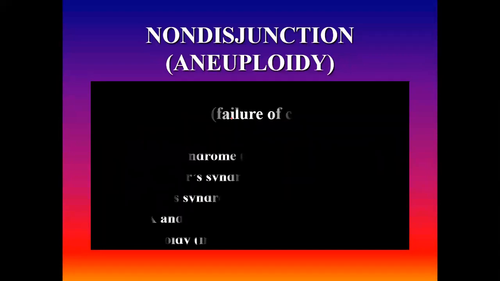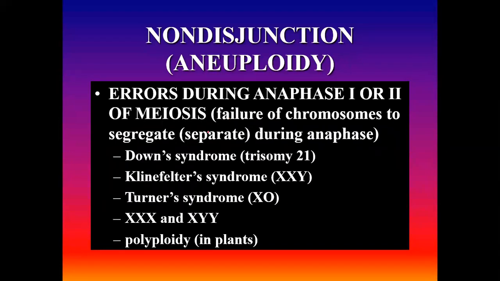Now, another very interesting one is called non-disjunction. Non-disjunction is what happens when, in anaphase, the chromosomes are supposed to separate, and they're supposed to go down the spindle and end up in two different cells. Well, sometimes they don't separate and they go down together. Non-disjunction means they don't separate, so they go down together. Sometimes it's called aneuploidy. And one of the most common genetic disorders in humans in the whole world is caused by this, and it's called Down syndrome, where chromosome 21,